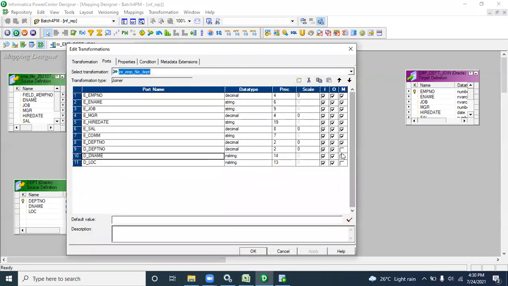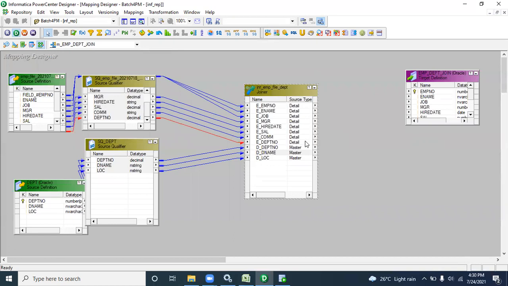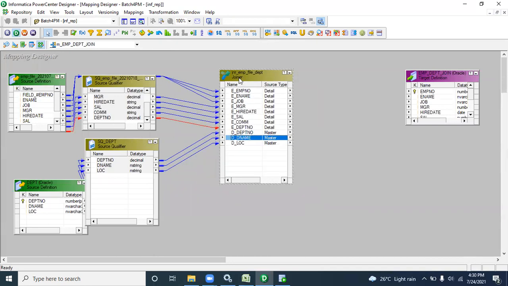If I select any one of the DEPT ports, again it will be master. So what is master and what is detail? There's a table. But why will master and detail be there? I will explain maybe in the next class, because today we are learning how to implement the joiner transformation. If it's possible, I will tell you.